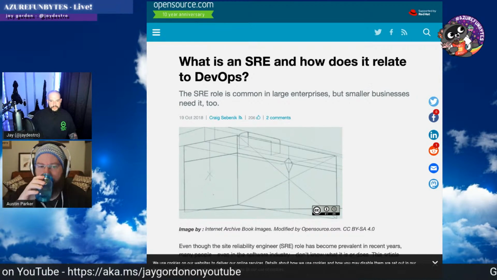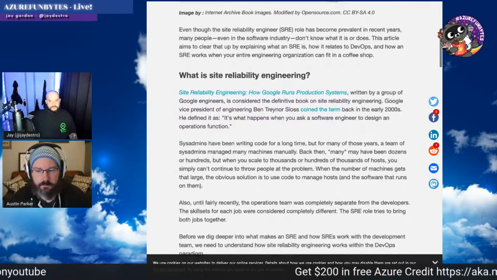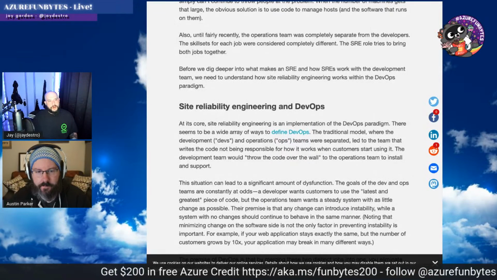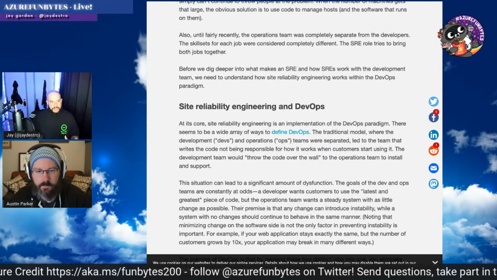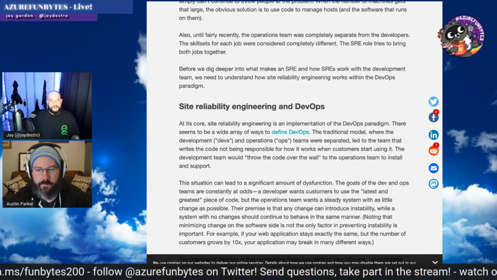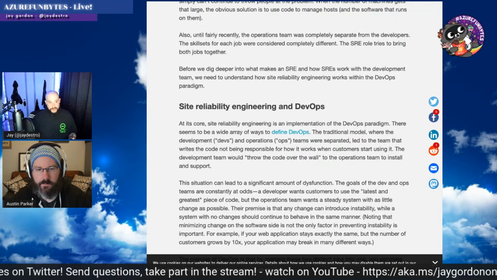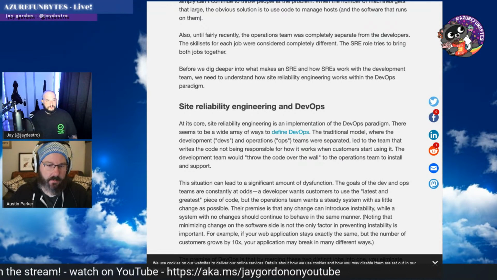In the world of site reliability engineering, we take a more holistic view on how applications are kept online. We look beyond simple things like, are all the lights green? Because all the lights can be green, but it doesn't really give you all the answers. Am I right? Yeah, absolutely.